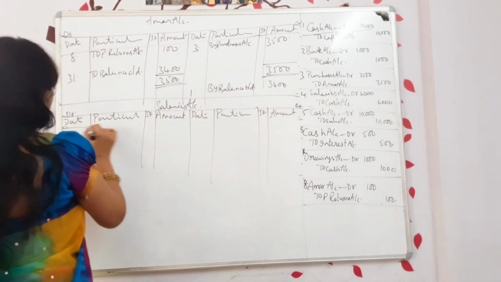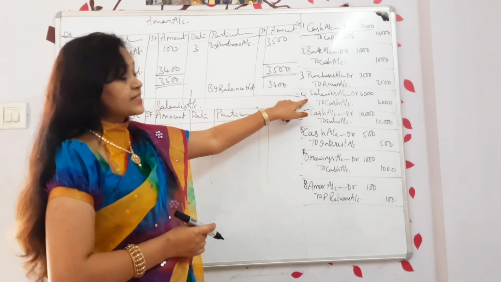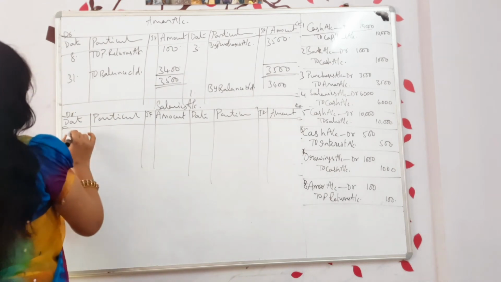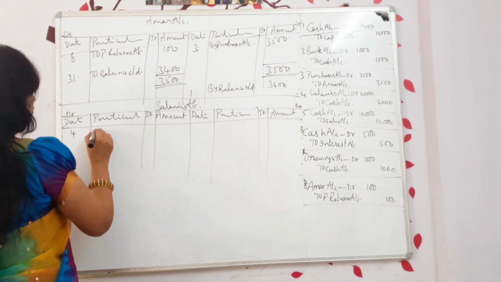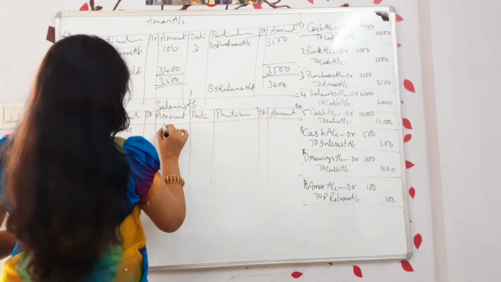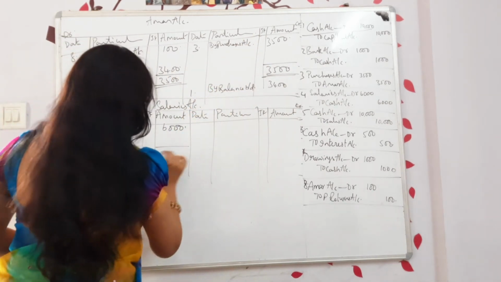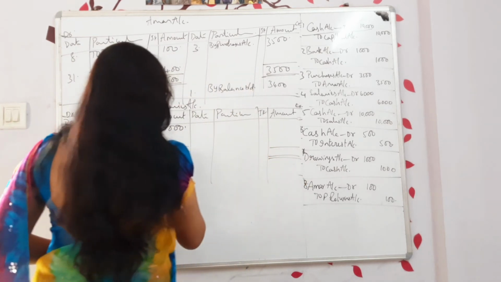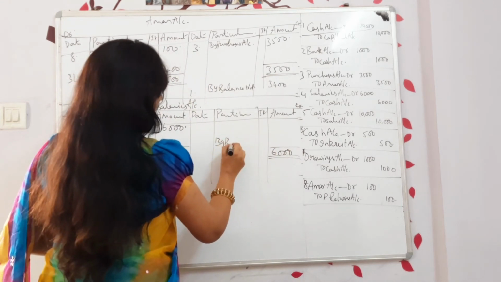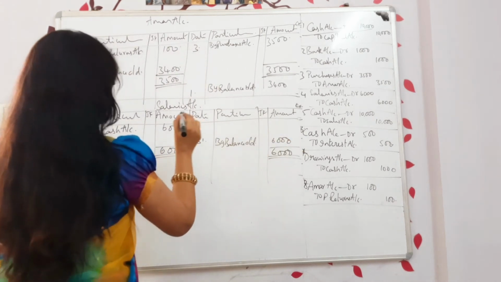Okay, we are preparing salaries account. Check where is salaries. In the 4th transaction you can find salaries. So where is it, debit side or credit side? Debit side. So write down on 4th, to cash account. What is the amount? 6,000. Is there any other place you can find the word salaries? No, there is no other place. So do the total. 6,000, 6,000. By balance carry down 6,000 on 31st.